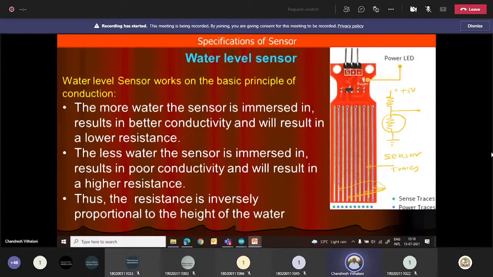Whenever there is water, you will get 0 volt. And if some moisture is there, then you will get in-between voltages. So the voltage level depends on how much humidity is there. You can also insert this into soil to measure the humidity in the soil. So for agriculture purposes, for automatic liquid level control, all such applications, this water level sensor is very, very useful.